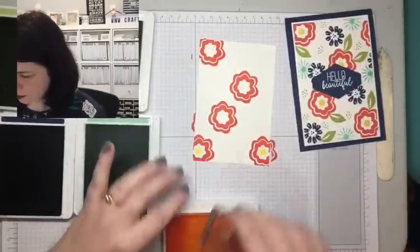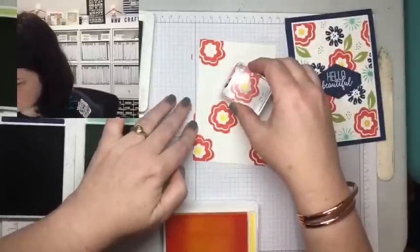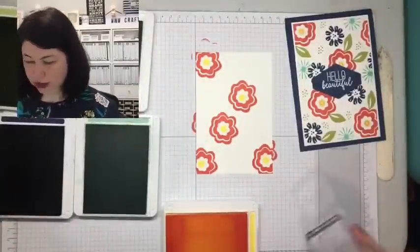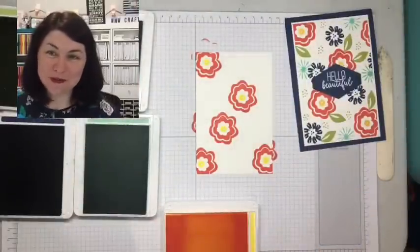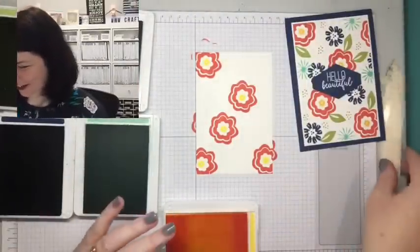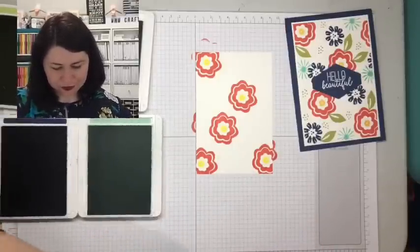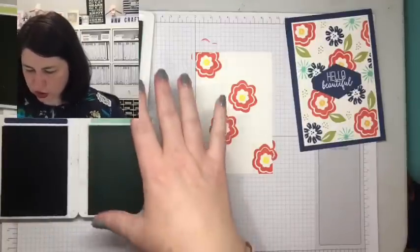So let's stamp all those little flowers. Oh, they look so cute. As you can see, it's really not too stressful if you don't get them centered, unless you're OCD, which I know some of my followers are. So I'm very sorry if that's not good enough for you. So that is that. Now, what else can we add to it? We want to add some of the leaves, but not just yet. I want to do some of the